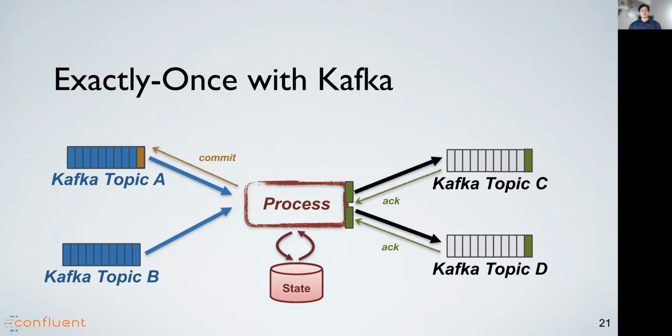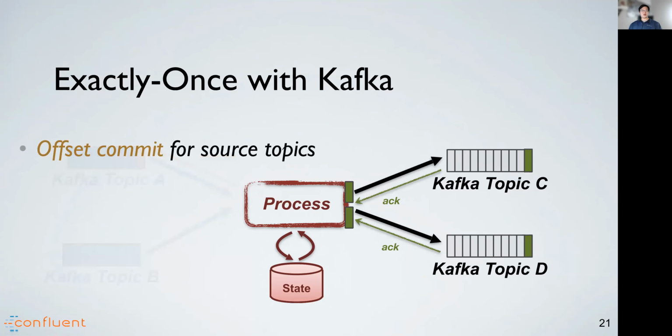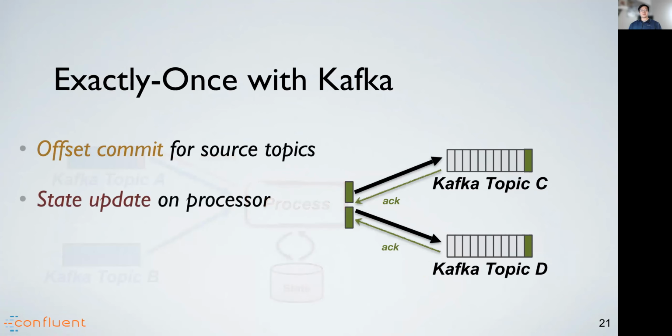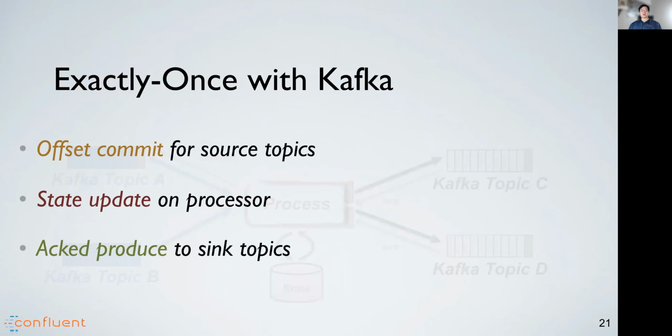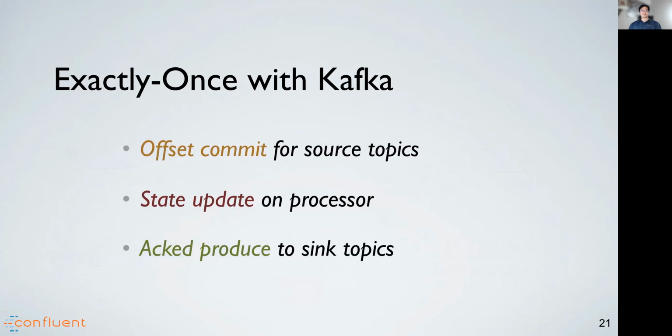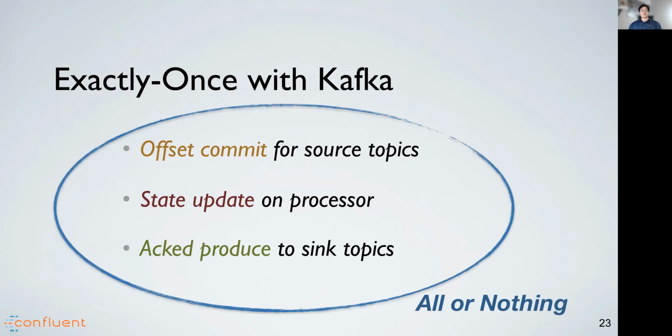Now let's go back to our fault-tolerant consistency. As we illustrated above, a typical streaming application of Kafka involves the following operations in the processing loop: committing the input record as completed, updating the state when processing the record, and finally emitting the results to the output topics. Exactly-once semantics requires that all those operations need to happen atomically.